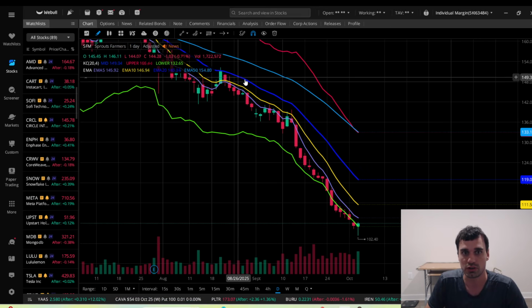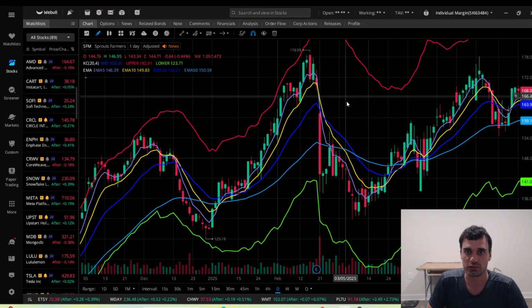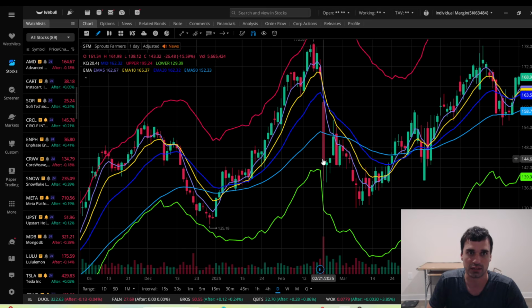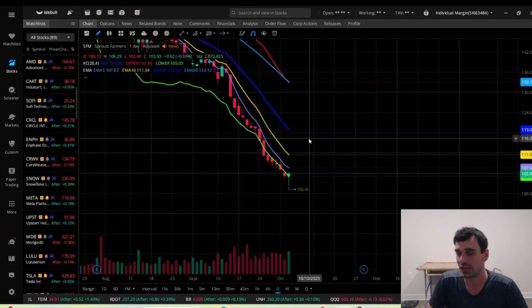We know price will come back to this 20. As you can see, everything in price history comes back to the 20. Price goes away, comes back up. Price goes up, price comes back down. You'll see this time and time again. You can see price gets up to this upper band, comes back down. So I'm a big fan of buy the dip on big uptrends on the longer term